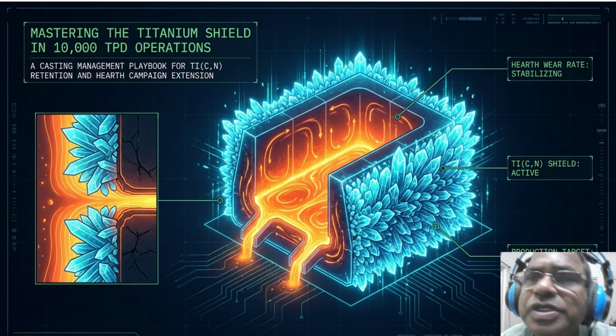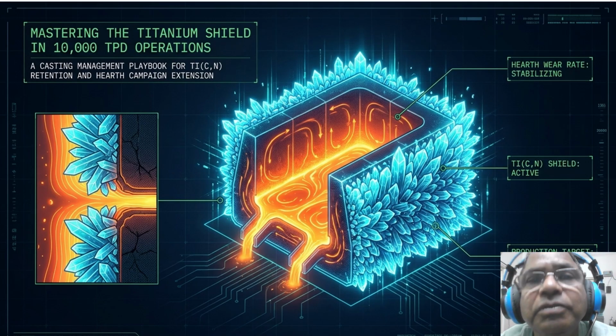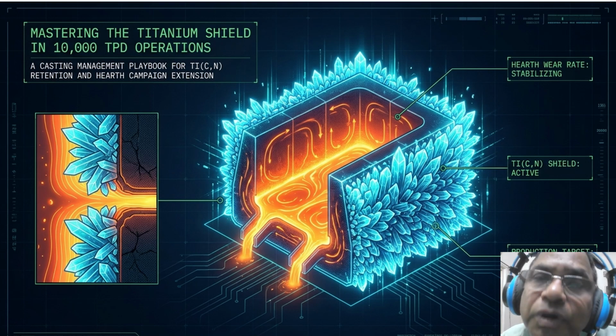So what are those deliverables? The mechanics of the carbon erosion cycle, this is the first. Then the thermodynamics of titanium transport, which is very important. And the casting philosophy required for retention, which I think is the biggest and most important, because many times